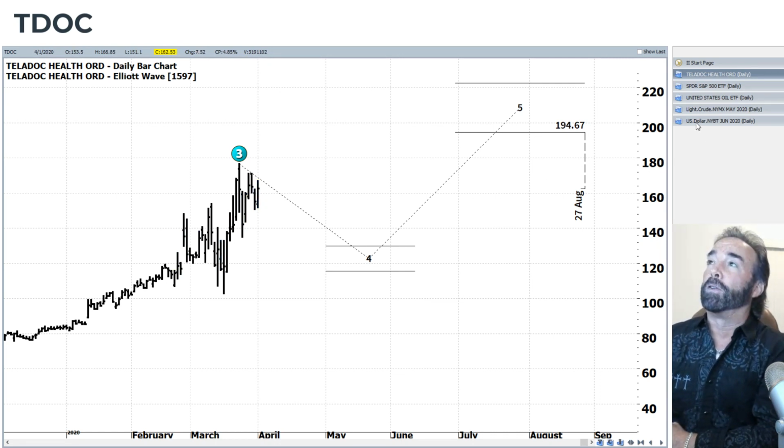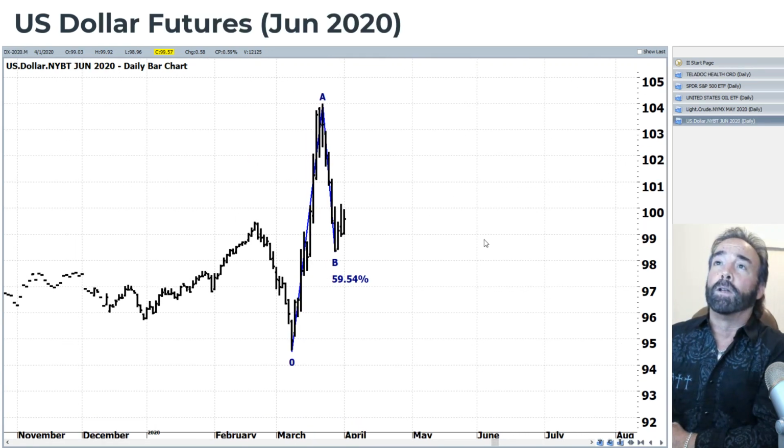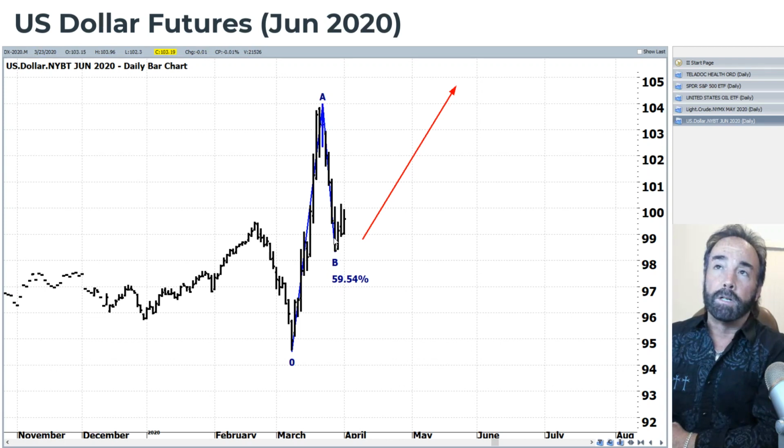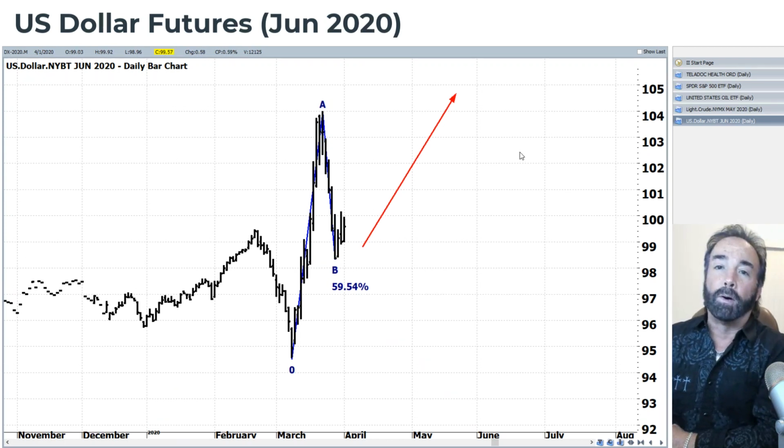And then last but not least, let's take a quick look at the dollar, because I did want to follow up that the dollar is holding down here. We talked about this impulse move being a potential A wave, and then we had the B correct right to that 61.8% fib level, which is holding, which means that we could very well move up and make a C wave high on the dollar. What would negate that is if we break down to the next fib level, which is the 78.6% level. If we come down there, then that would disqualify this potential pattern. But for now, it's qualified, and that's the one that's in play.